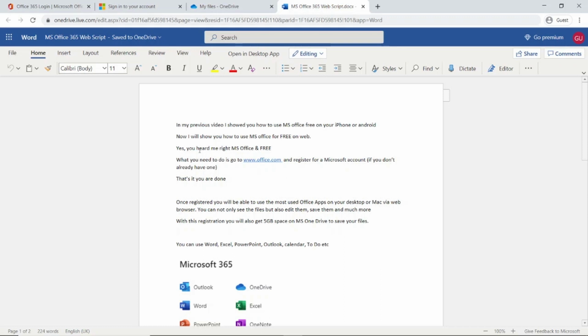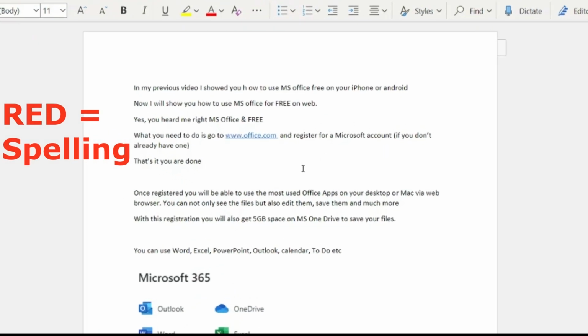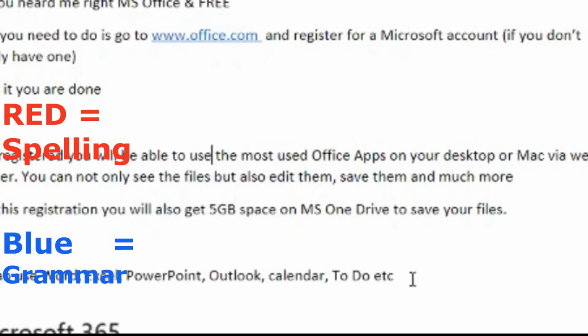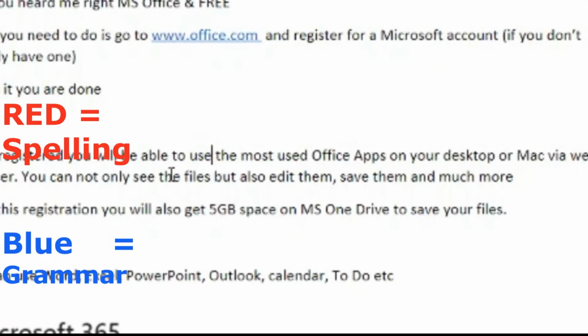So coming here, if I open a Word file, this is a new file I opened, I typed a couple of things, and let's say I made some mistakes. Because I'm connected to internet, it's showing me with the red line all the things which it thinks is a spelling mistake. So I just go and correct it, and it corrects all those in real time. If there is a grammatical mistake, let's say I write used here and something, and if it doesn't make sense, it shows me these two blue lines. So here I can simply left click and correct it and move on.